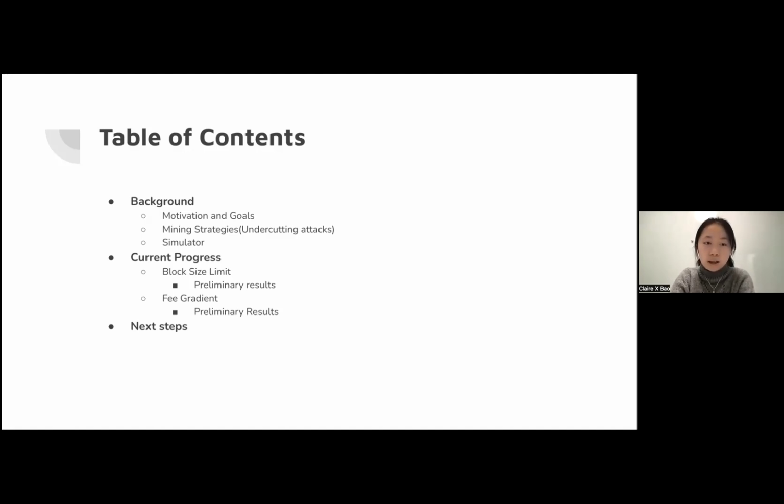specifically the mining aspects that we modeled, such as the block size limit and the fee gradient. And I'll talk briefly about the preliminary results that we've had from our simulator regarding how these affect the undercutting dynamic. And finally, I'll wrap it up with a brief conversation about the next steps and where we